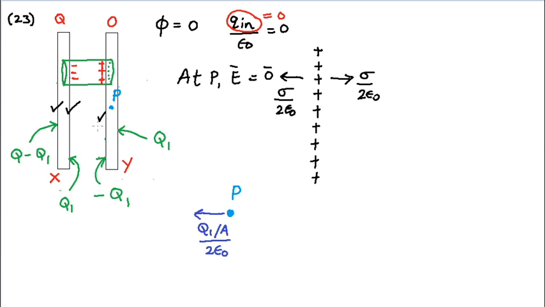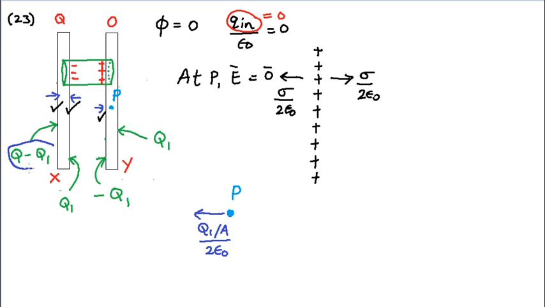Now I combine them, that is this plane and this plane and this plane. I just push them together and I find the field because of them. Note that when I combine them, it becomes a single plane, and the total charge on that plane will now be given by